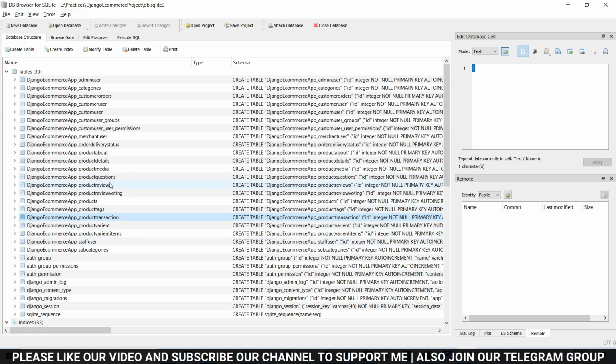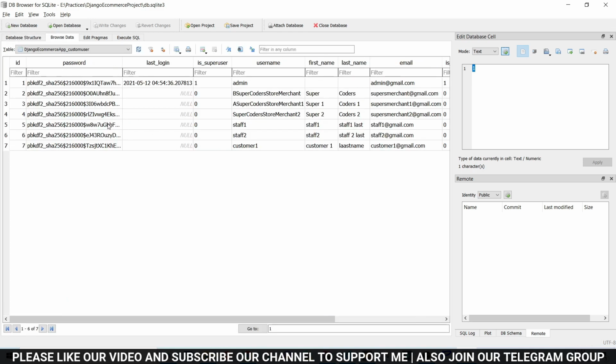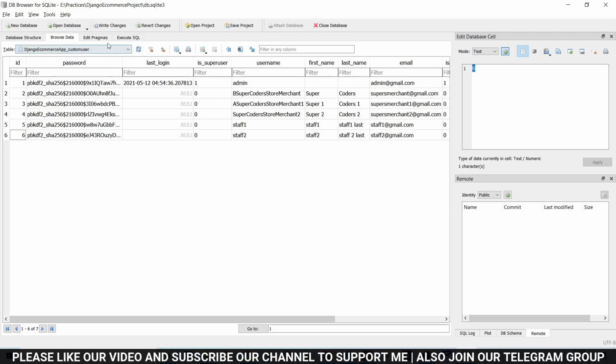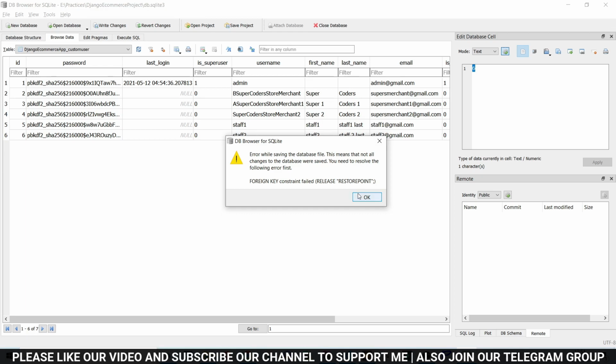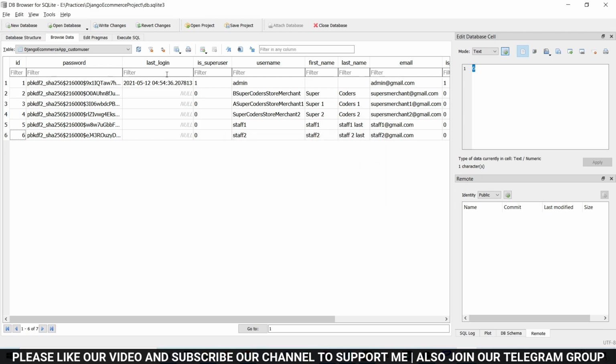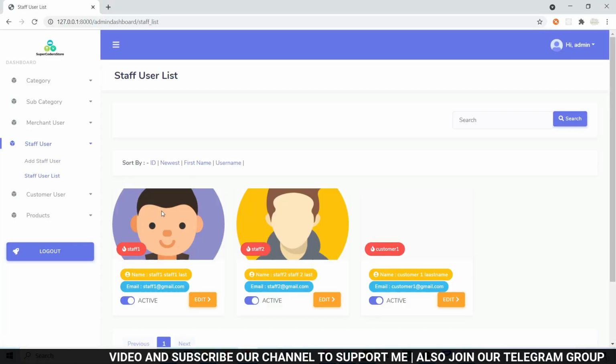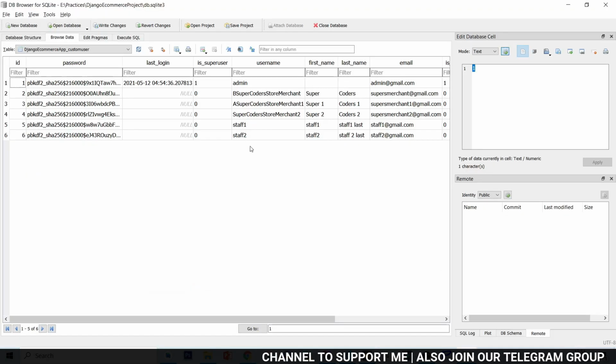So delete this data, browse table, customer 1, delete this data, write changes, after that Chrome, staff user list, and still it is showing.